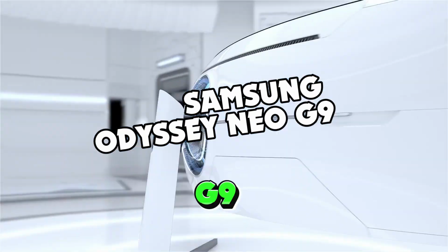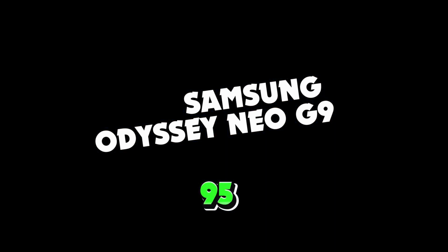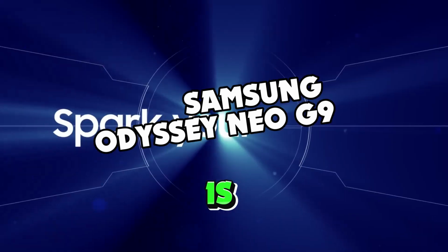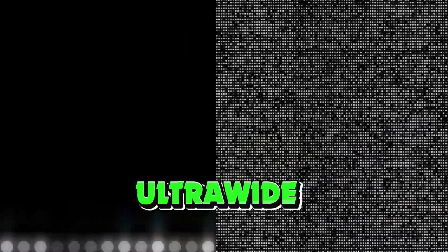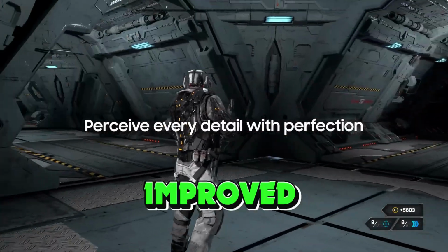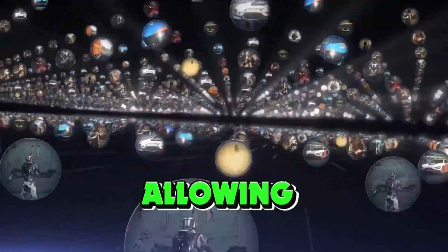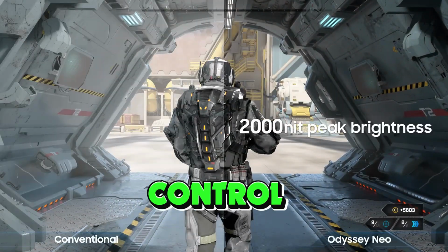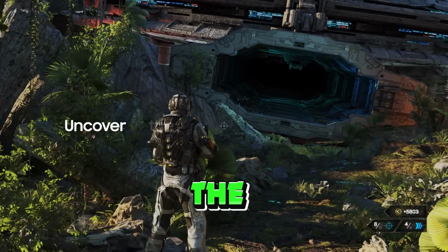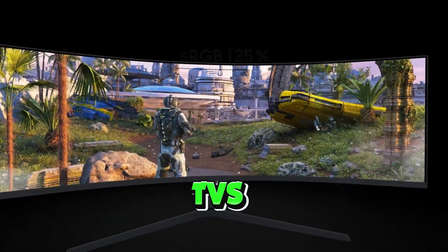Samsung Odyssey Neo G9. The Samsung Odyssey Neo G9 G95NA is a 49-inch super ultra-wide gaming monitor with a 32:9 aspect ratio. It's an improved version of the Samsung Odyssey G9 with mini LED backlighting, allowing it to be brighter and have more control over local dimming. It features the finest local dimming we've seen on any LED backlit monitor, rivaling that of TVs